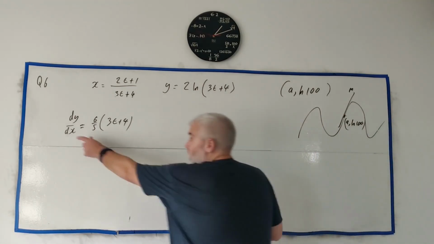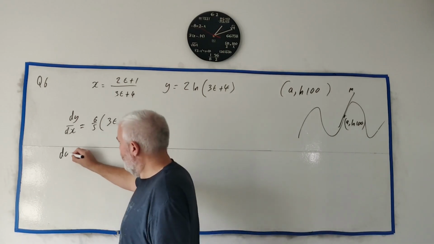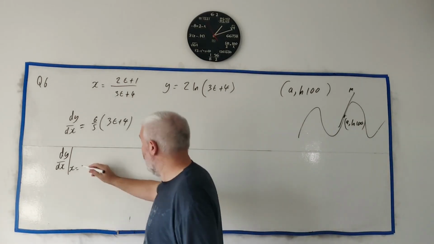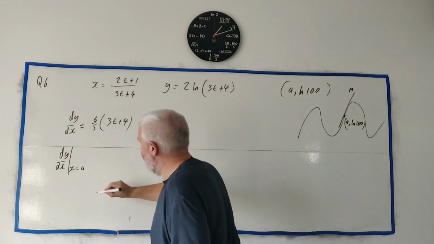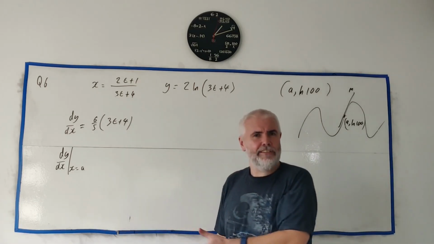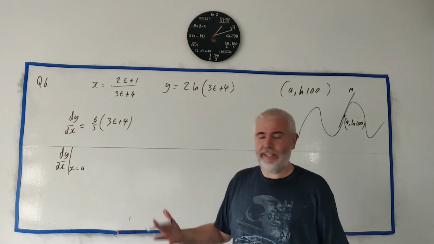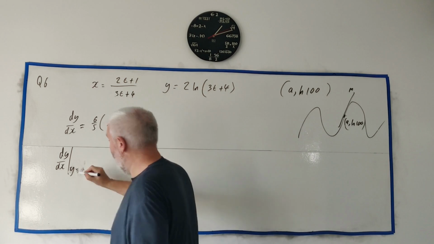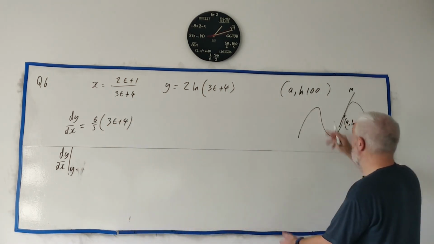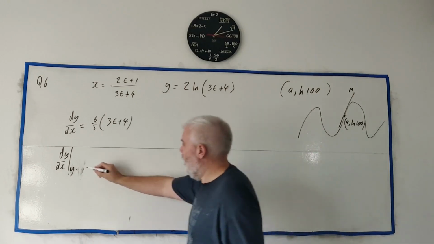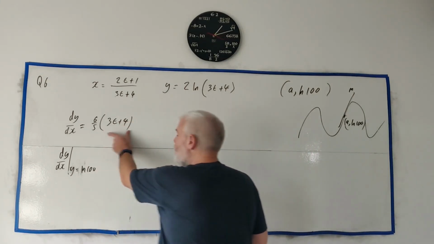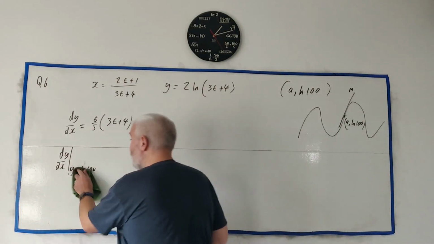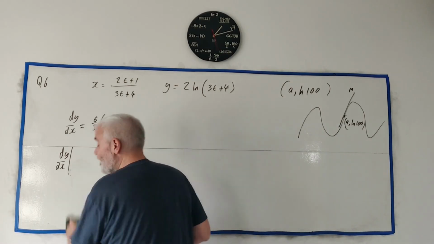Usually that's easy. We have dy/dx right here. So we just get dy/dx at x, we nearly always use x, at x equals a. The problem is there's no x in here, so we can't put x equals a and get some answer. So that's a dead end. We could also put in y. If we knew what y was, and we do, natural log 100, put that in. Oh. Another problem though, we don't know what y is either. So we can't do either of those. We need to put in t. So basically I need to find out what t is